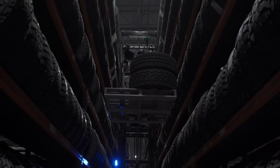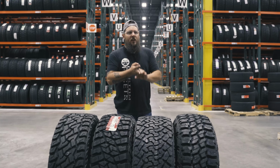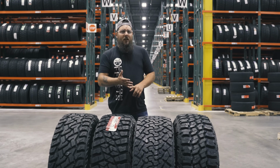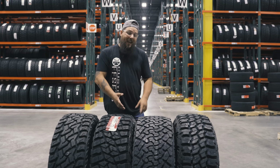The qualifications for this list, it had to be a 35 12.5 R20. We had to have it in stock ready to ship for you guys, and it had to be right around $1,000 or less. So again, these are all right about $1,000 for a 35 12.5 R20,